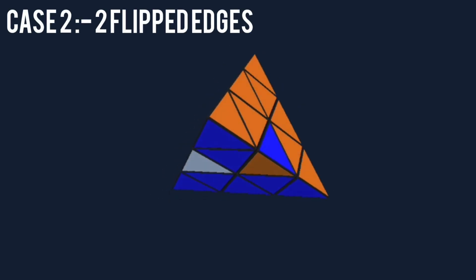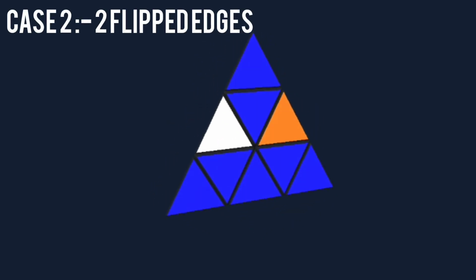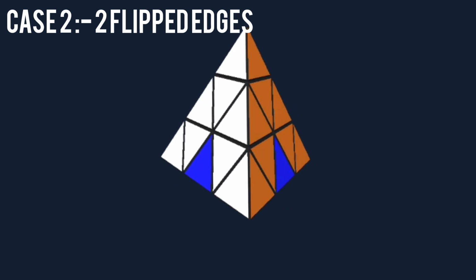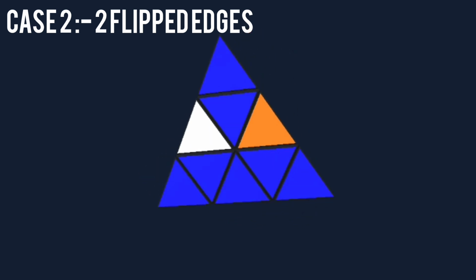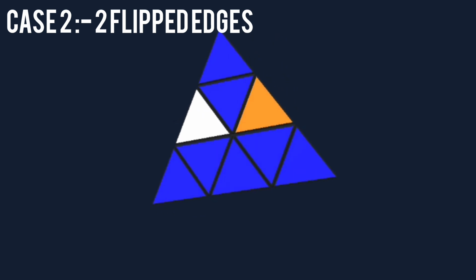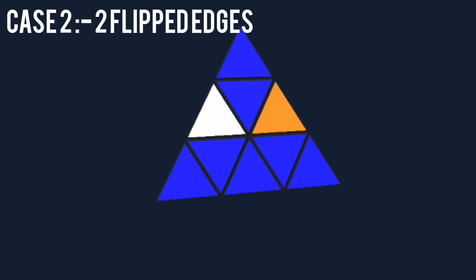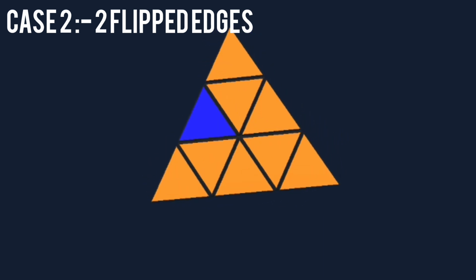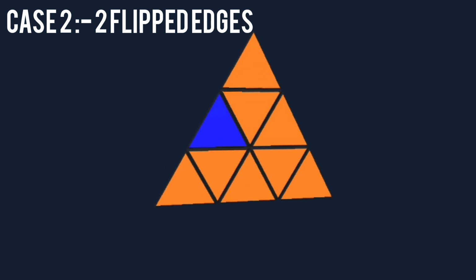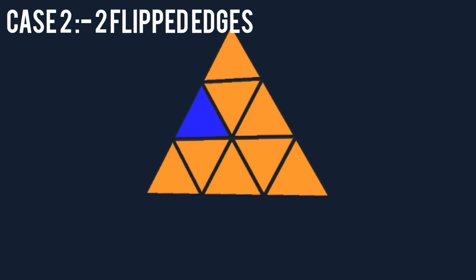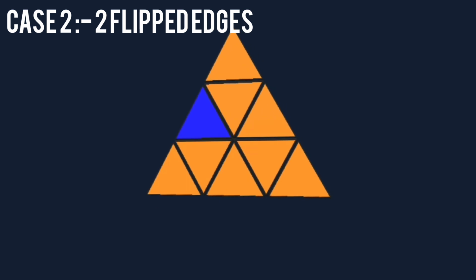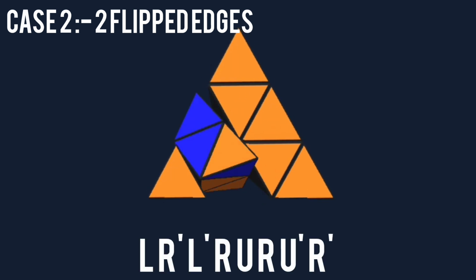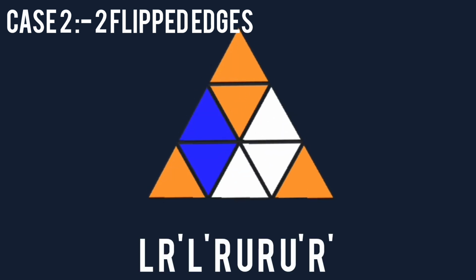So guys, this is the second case in which there are two flipped edges and the third edge is solved here. This is called the two flipped edge case. To solve this, we do a similar thing: you can turn this cube to any side. I'm turning it to my right side, and you have to check whether the unsolved edge is on your left side or right side. Here I have the unsolved edge on my left side, so we'll do the left hand algorithm: L, R prime, L prime, R.